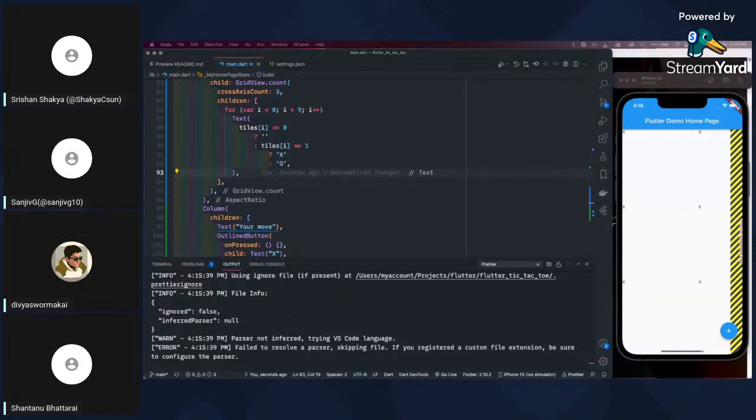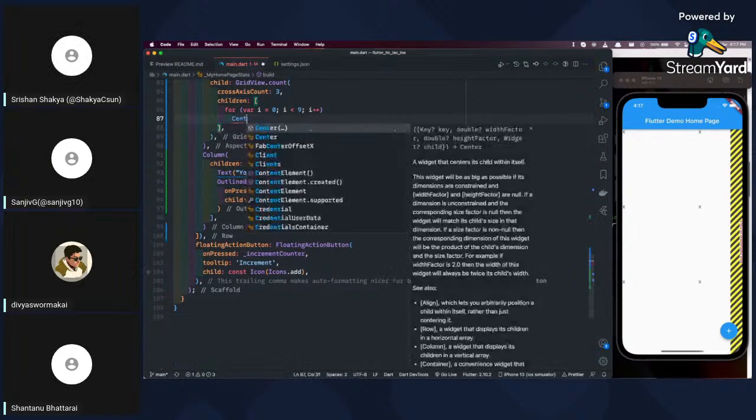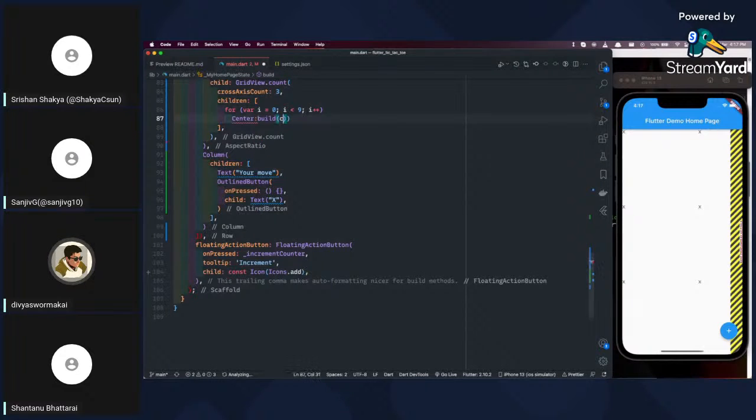Okay, where was I? If you can, Siri, can you walk us through whatever is done right now? Yes, we have only created a grid view that shows all X's for now, and there is a logic that says how to write those X's and O's. Okay, wait, hold on. Would you mind scrolling a little bit up? Give me 1 second.